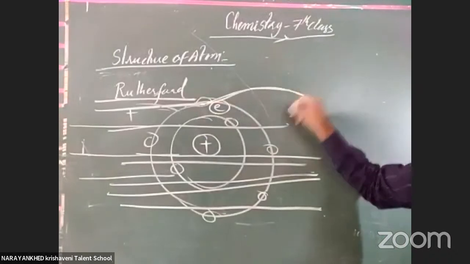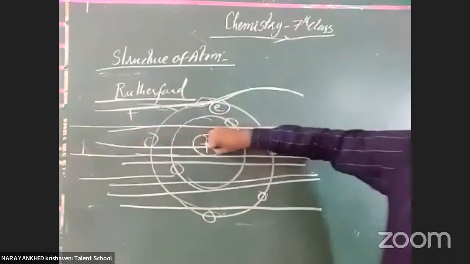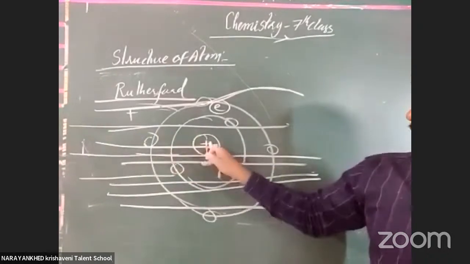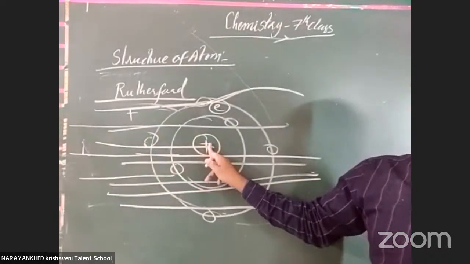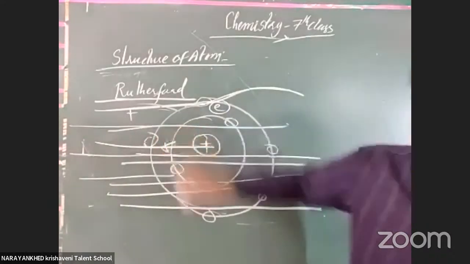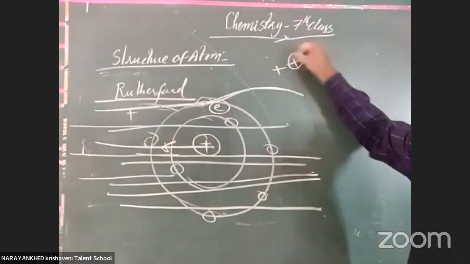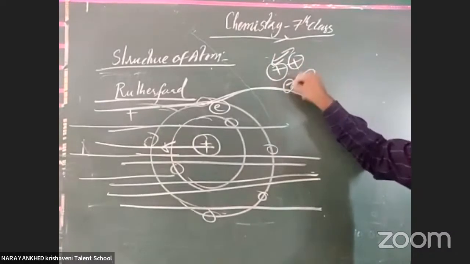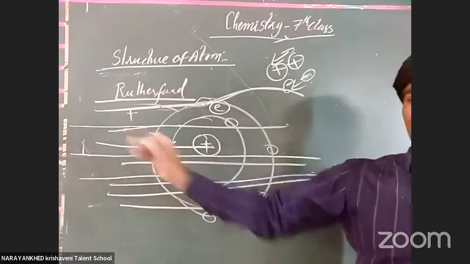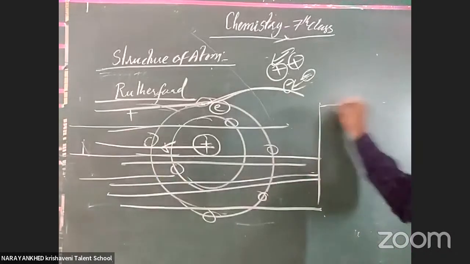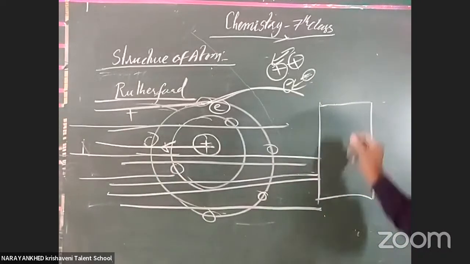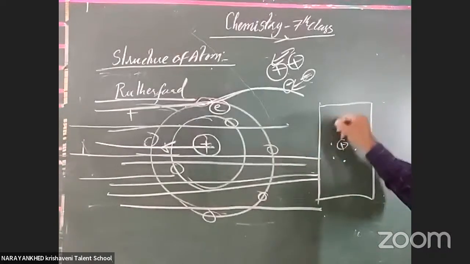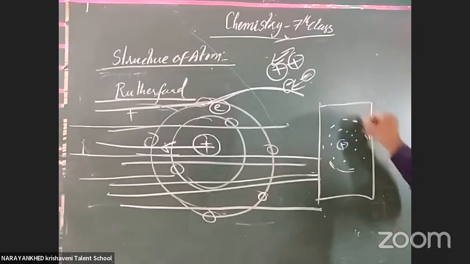Okay, clear or not? And there is one particle there. The alpha ray is also a positively charged particle only. Here it is also a positively charged particle only. That's why it is returned back. Why? Because positives and positives repel each other, negatives and negatives repel each other. That is why it is repelled. When he took a shadow of that ray, it looks like this. Like this it will look.